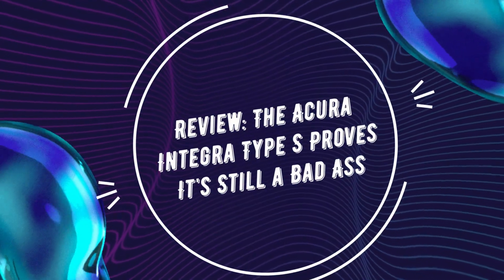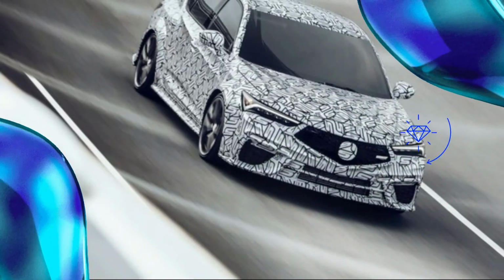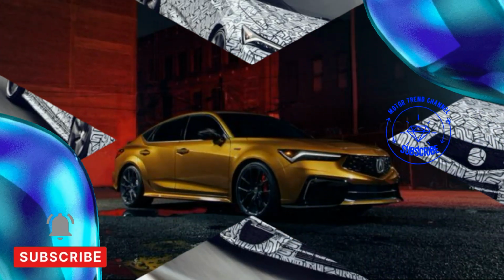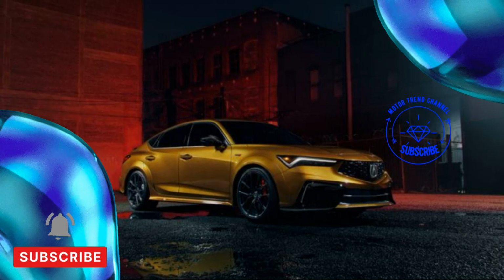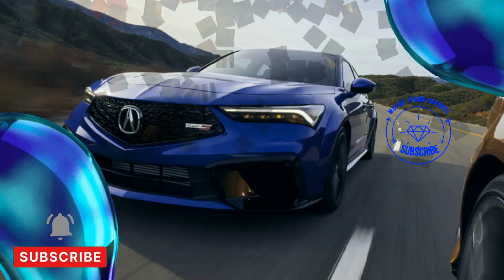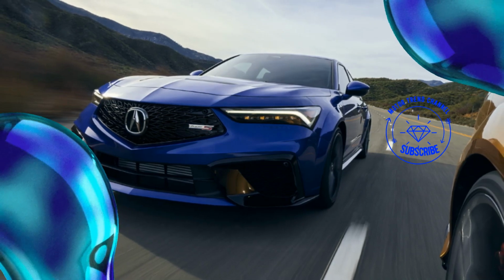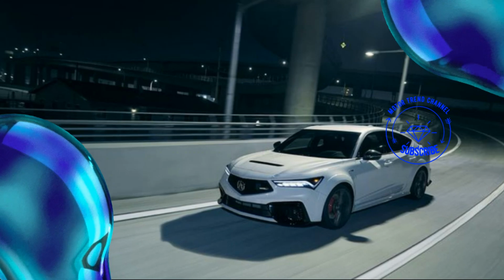Acura Integra Type S proves it's still a badass. When the Acura Integra returned to the brand's lineup last year, it had some big boots to fill, at least to those of us who fondly remember the original. Despite some tepid reviews, the new Integra hatchback stayed true to its roots, delivering a lot of goodness and outselling European competitors like the Audi A3, BMW 2 Series Gran Coupe, and Mercedes-Benz CLA-Class by quite a large margin,